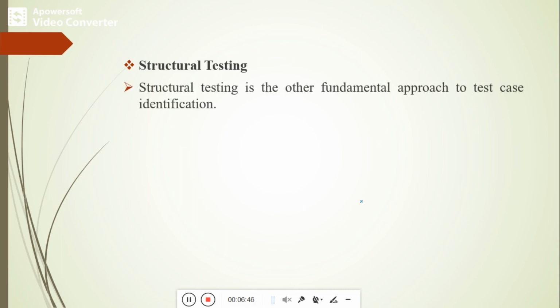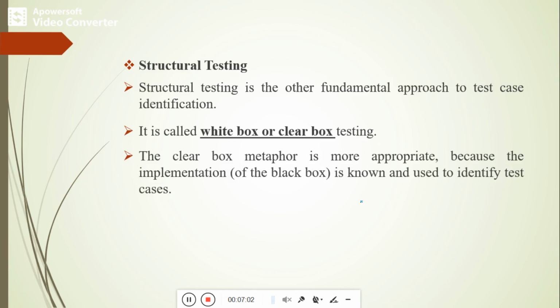Now I can explain in depth. Structural testing is the other fundamental approach of test case identification, which we also call white box or clear box testing. The clear box metaphor is more appropriate because the implementation is known and is used to identify the test cases.